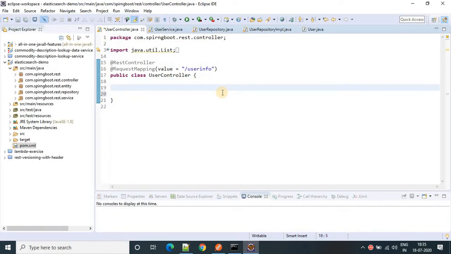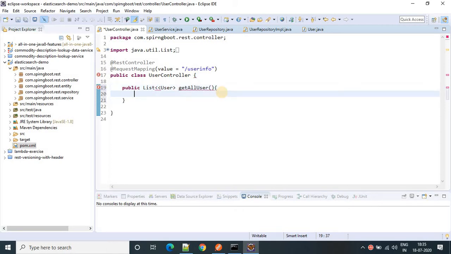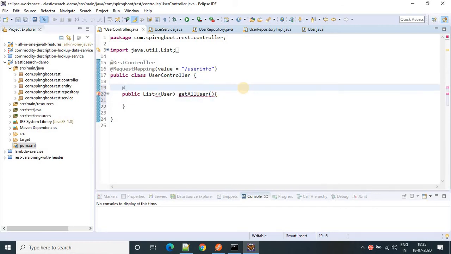So for getting all users, just create an endpoint. Public List User getAllUser. This will be my GetMapping, and the value is, I suppose, all users.